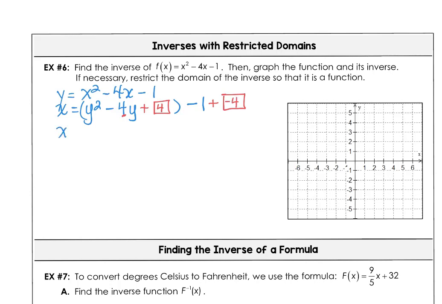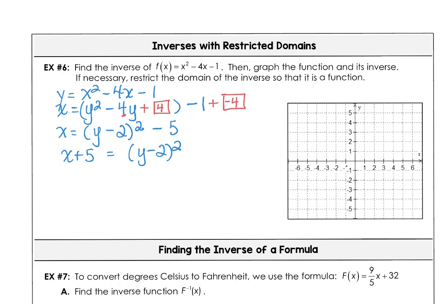That way we have a perfect square trinomial which factors as (y - 2) squared. And then -1 minus 4 makes -5. So this way we can very easily get our terms together and isolate the y. Add 5 to the left and 5 to the right, and then we have all the y terms on the